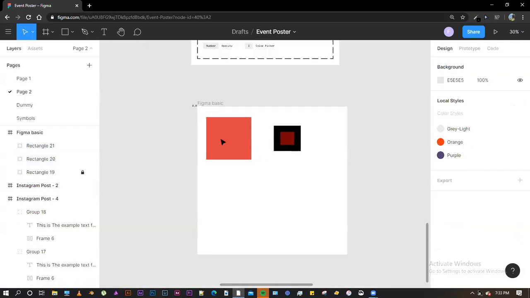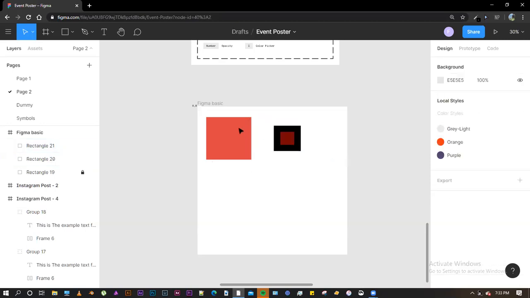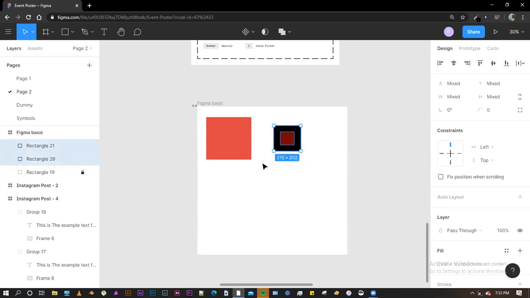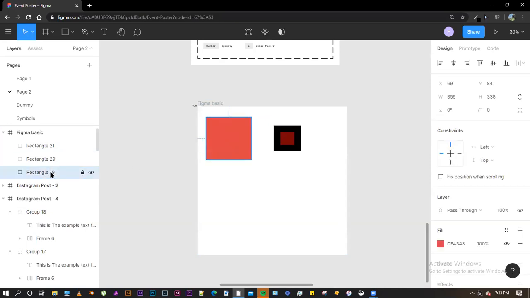So this helps in the fact that you have finalized the shape and you want to only work on the other shapes, or you have finalized the spacing or the position of the shape and you only want to move other layers or shapes now. All right. So this is one of the shortcuts. And if you want to unlock the layer, you simply click on this layer name here, and then you click on unlock. And the same Control and R or Command and R shortcut works with this layer as well.